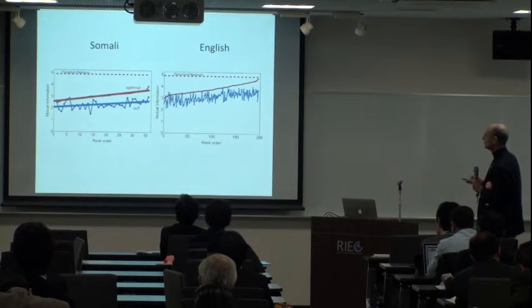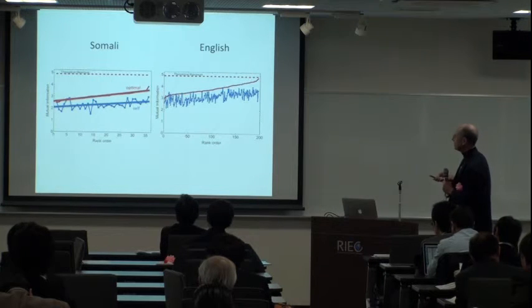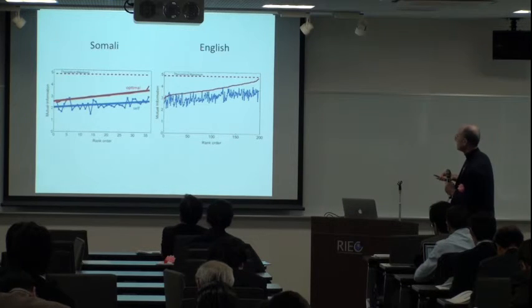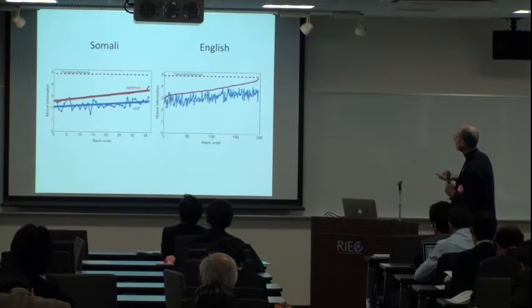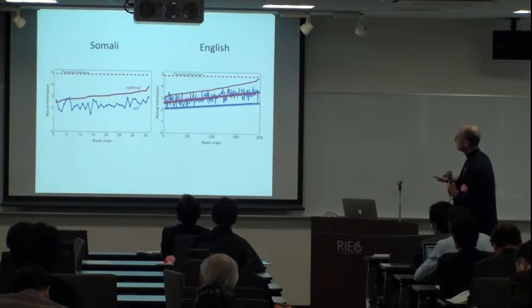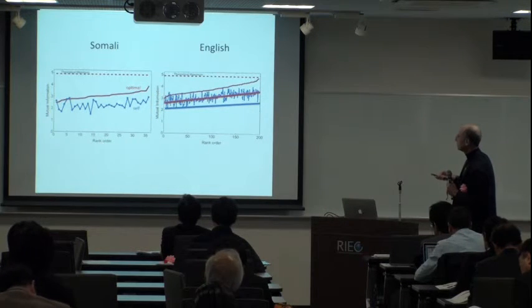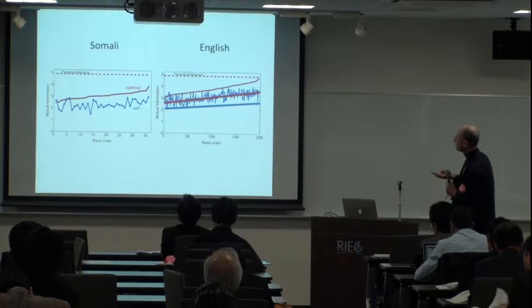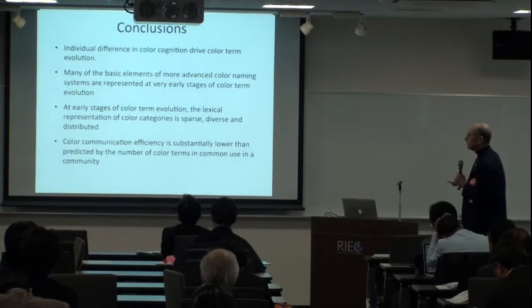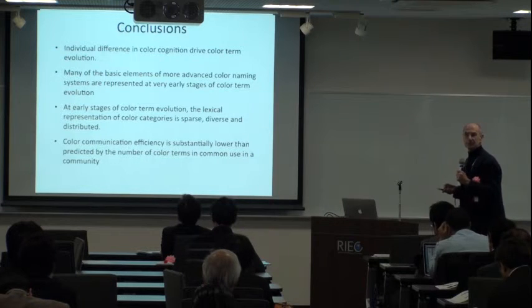Here is now a comparison of English and Somali. We find, again, pretty much the same patterns. This is another study, larger numbers of subjects. The key idea here is that the basic results replicate. That is, this striking difference between optimal and actually observed. And not surprisingly, we find a similar pattern in our Somalis as well. It's just that overall color communication is somewhat lower. So in conclusion,